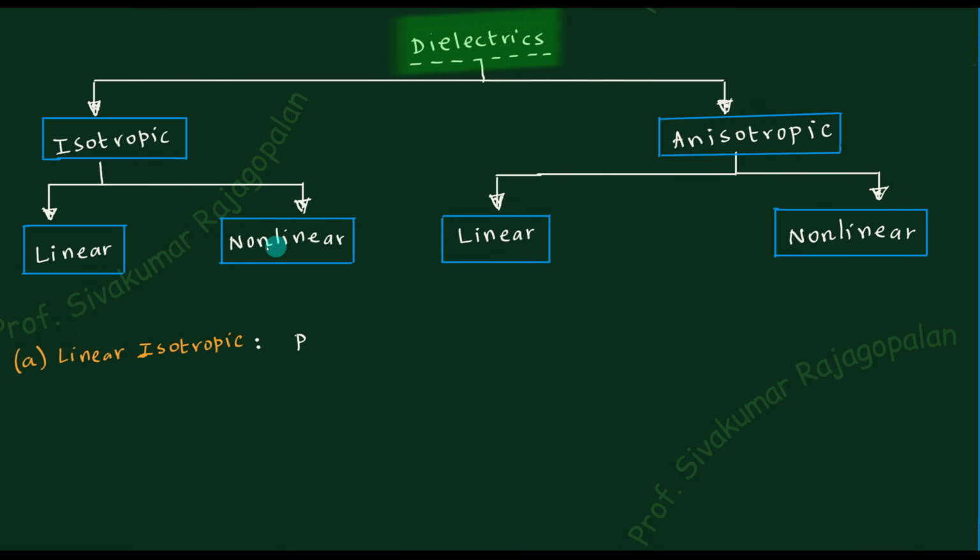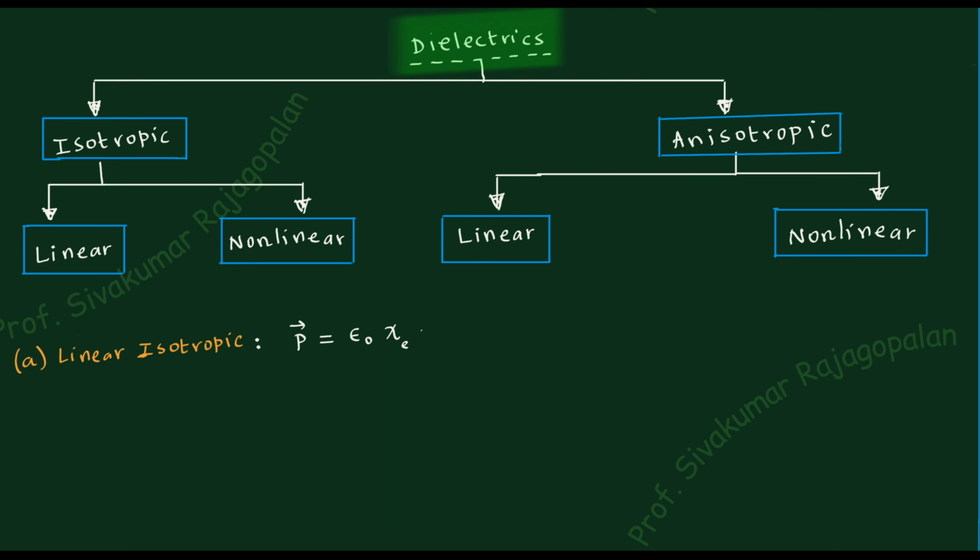Then afterwards, you come to the nonlinear isotropic, so that you deal with the scalar and you only deal with powers of the electric field. Electric field to the power 1, electric field to the power 2, etc. And last you come here, namely electric field is also having power, and then you also have tensors of various rank, second rank tensor, third rank tensor, etc. So this is how the difficulty level slowly increases. And let me just quickly write down how the equation is going to look like for all these four cases. Okay.